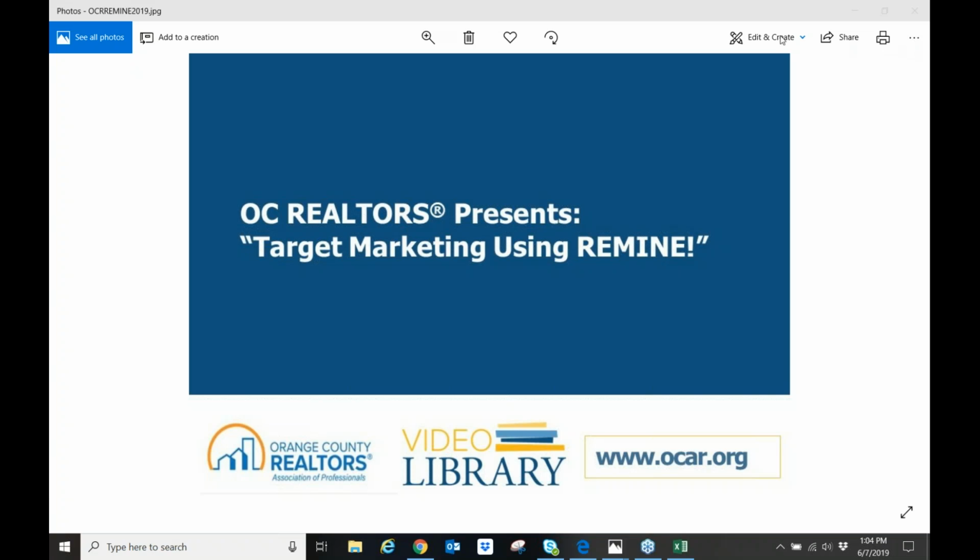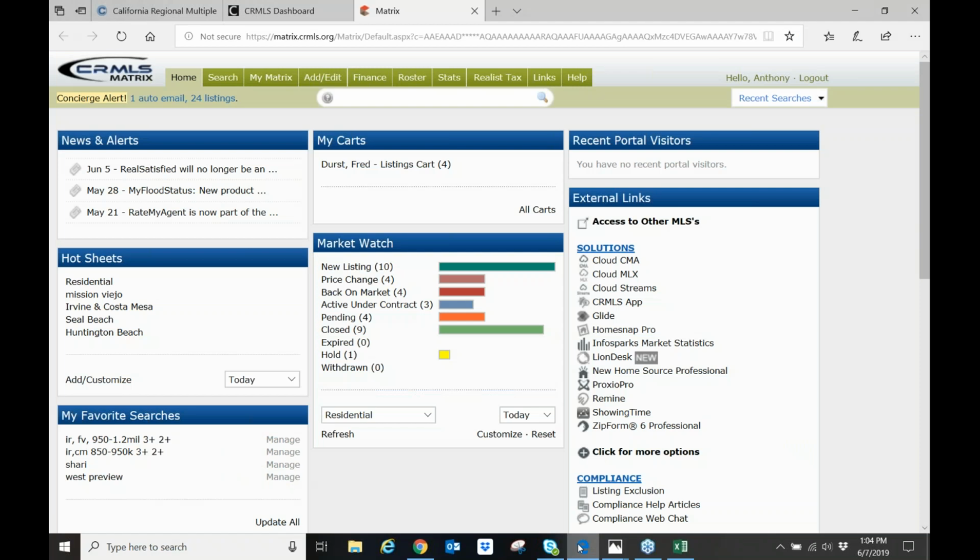So where do we begin to use REMINE? Well, we access REMINE all from the MLS system. So here we're going to be logged into the MLS, and under the MLS, we can access REMINE a couple of different ways. First way is from the home screen. Here on the home screen, we have a widget called the External Links widget, and I'm going to highlight this here. The External Links widget gives us access to our third-party member benefits. In this little box here, we'll see that we have a choice that says, whoops, not Glide, but REMINE. We go down on this little box here and click on REMINE, and we can access REMINE there, or